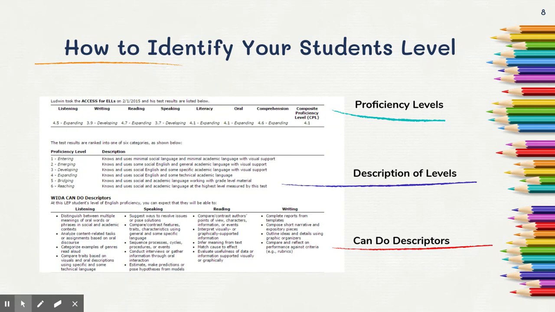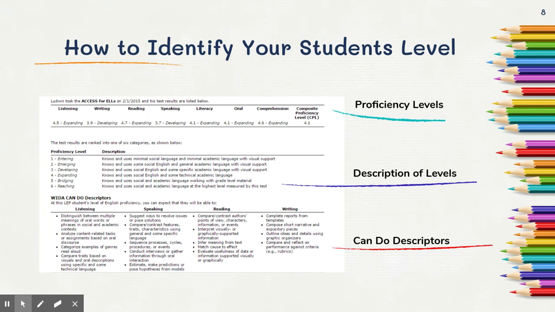And then down at the bottom, we've got the can-do descriptors. These tell what a student can do in each of the domains based on their scores. This is a very handy reference. For example, if you've got a writing task for the student, you might look at this and see, what can this student do? And look at the task and see if those match. And if not, there's some differentiation required.